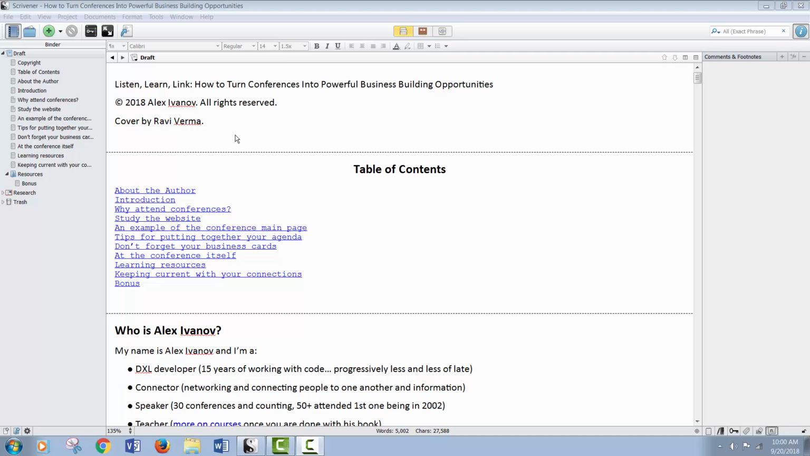Hi, here we're looking at Scrivener. This is the tool that I use to basically copy the contents of my transcriptions into. So once I have my audio file transcribed, I get back the Word document and then I copy and paste